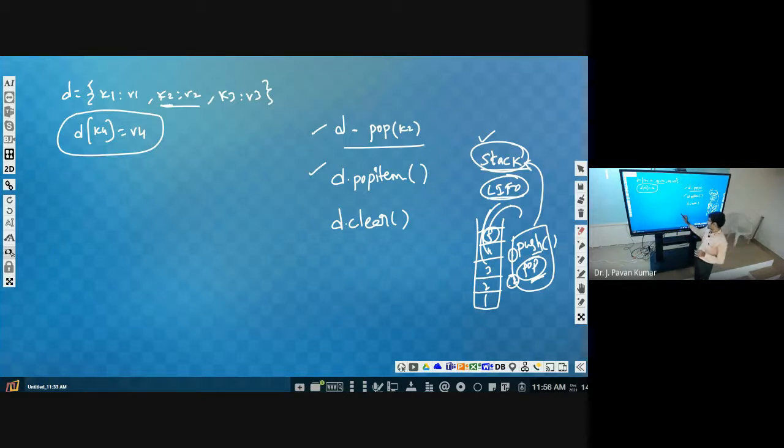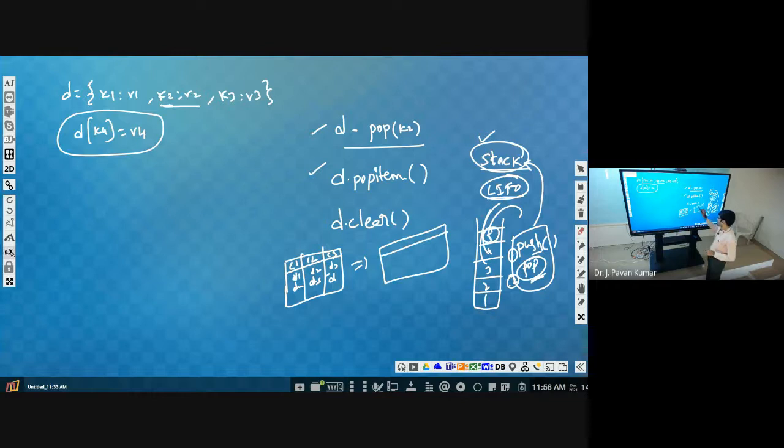I can relate it with another concept. Like you are having a table which consists of rows and columns. You are having column 1, column 2, column 3, and some data D1, D2, D3, D4, D5. Here we want to keep the table structure as it is.